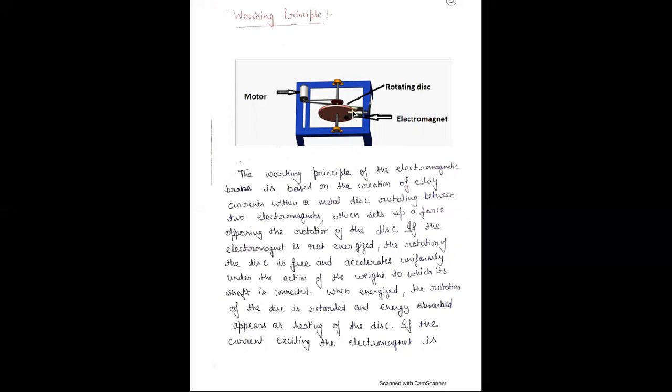due to these magnets in the rotating disc, the rotating disc of any metal, therefore there is a generation of eddy currents, and those eddy currents will oppose the rotary motion of the rotating disc, meaning they will stop it. And there is a wheel that is attached to the rotating disc, and the wheel will also stop due to the eddy currents.